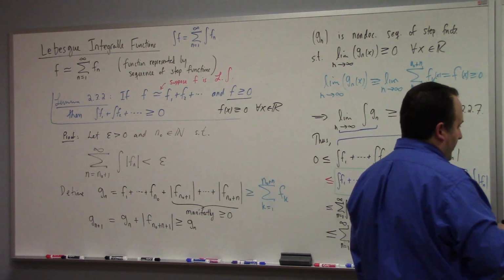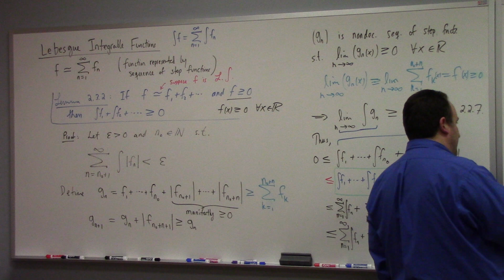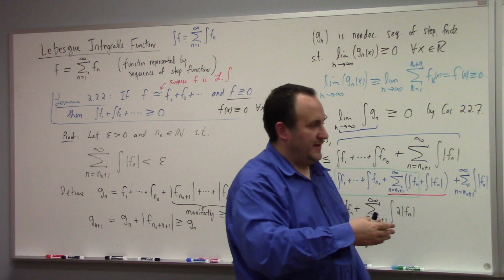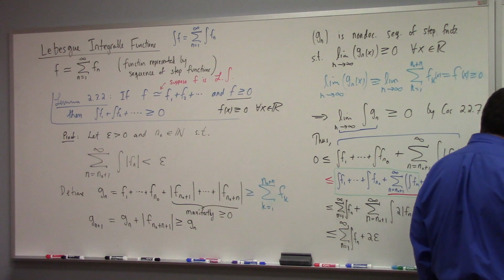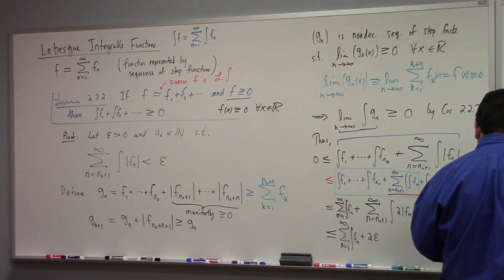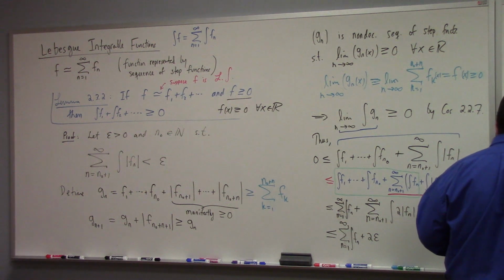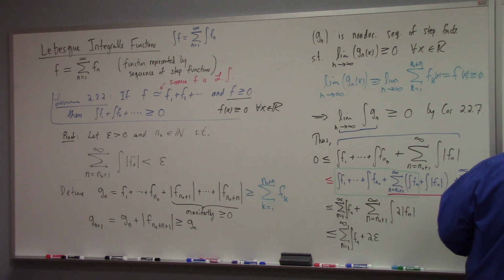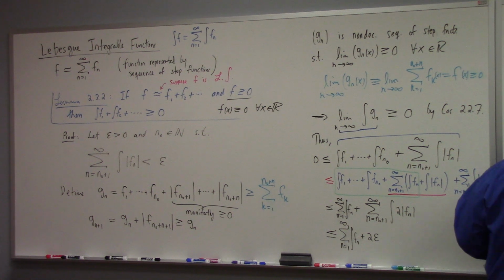Okay, and then basically, you can be more careful with this. You could do this to a finite value, like do a finite sum, and then you could rearrange and get the difference of the finite sum of the f integral and the finite sum of the g integral. He just goes straight to the series result, which is that the sum n equals 1 to infinity of the integral of fn minus the sum n equals 1 to infinity of the integral of gn is greater than or equal to 0.